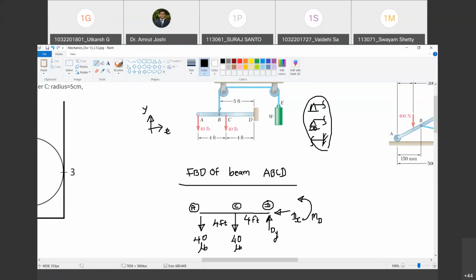But what is external to the beam? Sir, the cable, the rope. Yes. So I will remove this cable and I will show what the cable must have been doing. Do you agree with me? Yes. And that is pull. Cable can only have tension, so it must pull the point at B. Are you with me? And that tension, I am going to call it T.